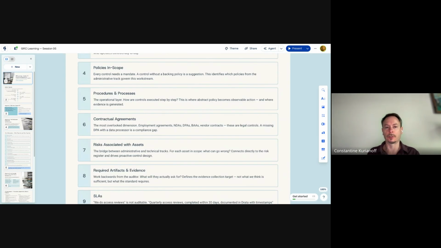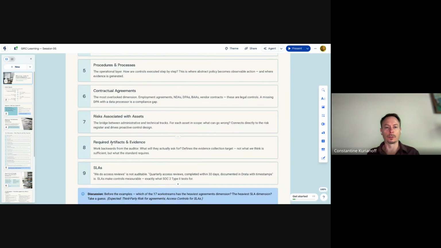It goes into those contractual agreements. Some of these are policies, some of these are agreements. It's good to look at them as different dimensions within the work stream, because in this case, we have a way to monitor and control them separately and at the same time all together.